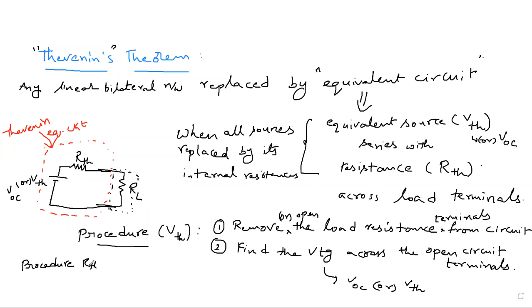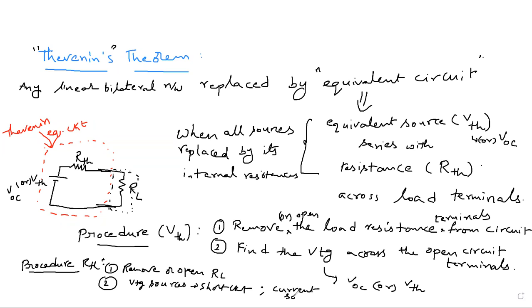Next, the procedure to calculate RTH. So the first step remains the same: remove or open the load resistance. Your second step is nothing but you need to switch off the voltage sources and current sources simply. So voltage sources, how can we switch off? Voltage sources, make them into short circuit. And current sources, how can I turn off the current source? By making them open circuit,